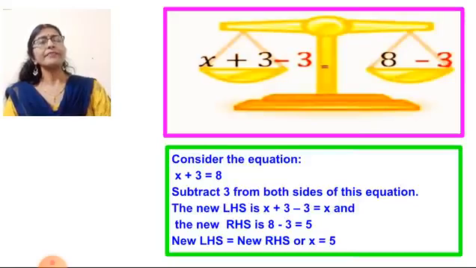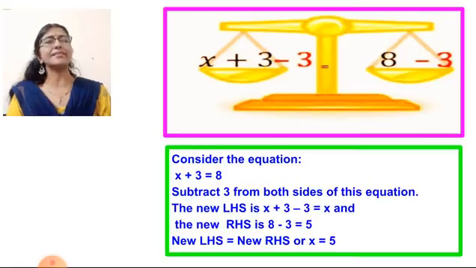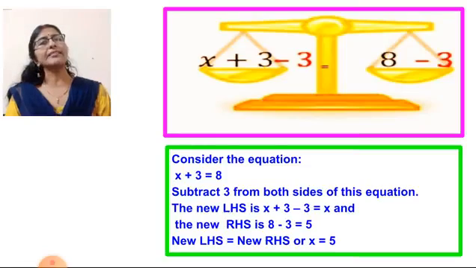Now here we will see this example. You will understand better here how to balance the equation. Now here let us see x plus 3 is equal to 8. So let us see how to balance it. You can see here with the variable there is a number added to it, that is plus 3. So first you have to get the value of x. So to get the value of x, first you have to remove 3. So to remove 3, what do we have to do? We have to subtract 3 from both the sides of the equation. So if you are subtracting on the left hand side of the equation, here also you have to subtract 3 on the right hand side.